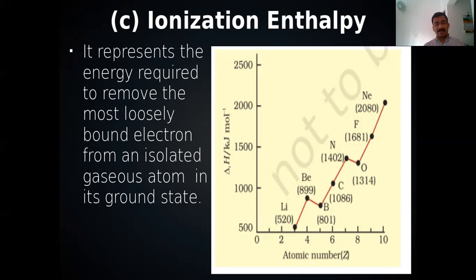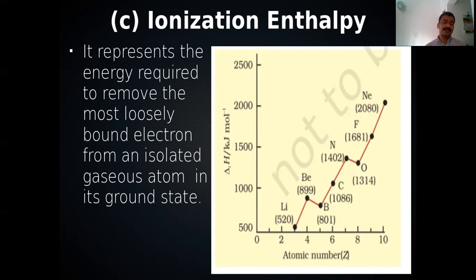So what is ionization enthalpy? It is the energy required to remove the most loosely bound electron from an isolated gaseous atom in its ground state. Energy required to remove the first electron is known as first ionization enthalpy. If you want to remove another electron from such a positive ion, it is known as second ionization enthalpy. If you want to remove a third electron from such a cation of 2 positive charge, we will call it